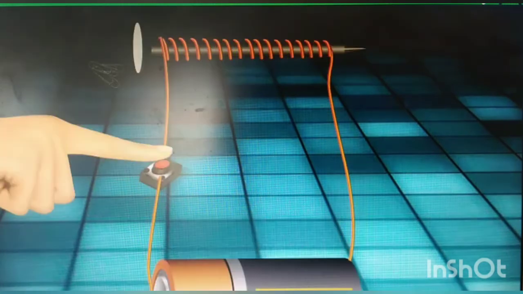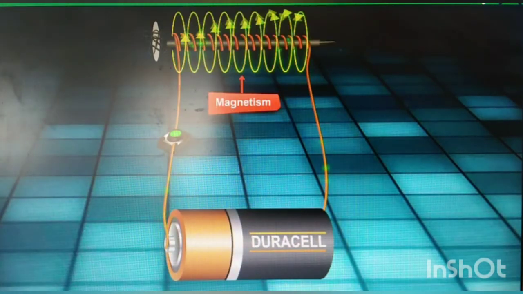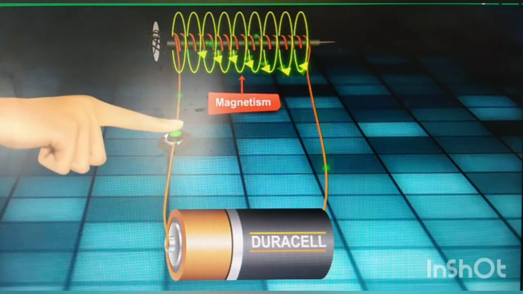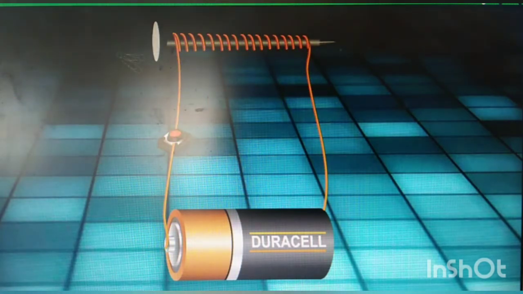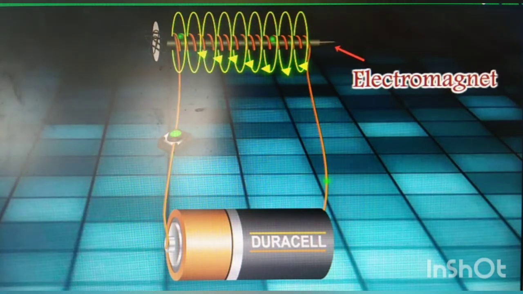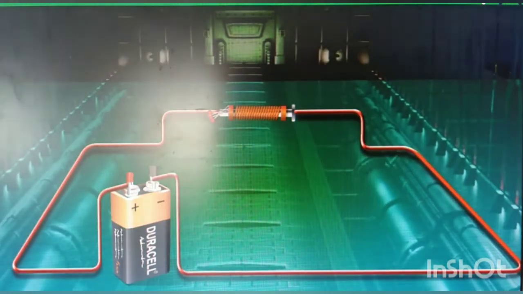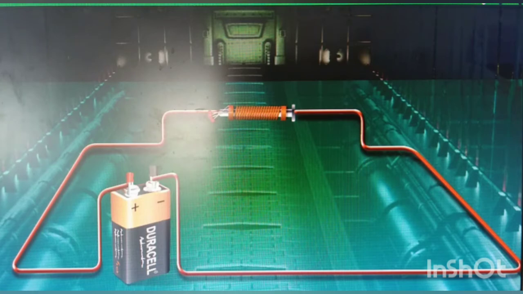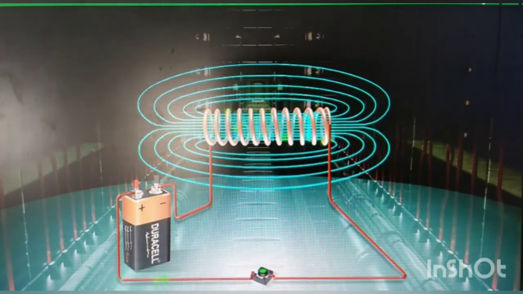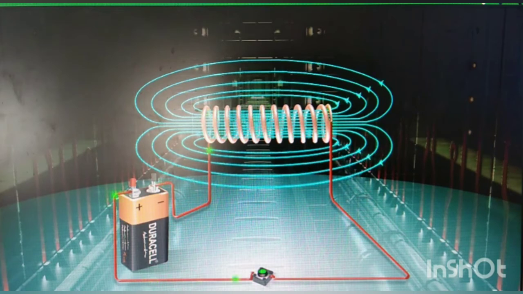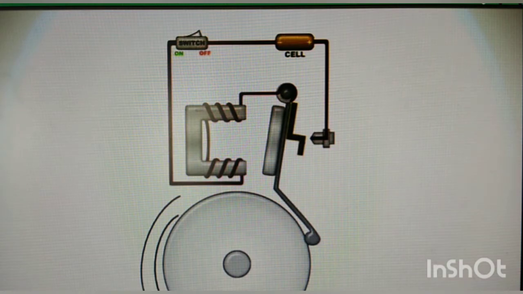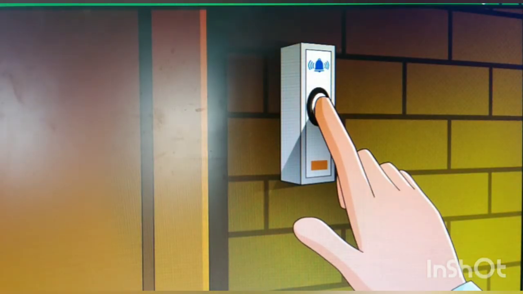So when the electric current flows in the wire, magnetism is produced in the coil around the screw and because of that the screw also attains magnetism. And as soon as the current is stopped, this magnetism vanishes. So the system of coil and the screw is called an electromagnet. You have seen various uses of the electromagnet in the 6th standard. And electromagnets are used to produce strong magnetic fields useful in scientific research. Let us understand the use of electromagnet in simple devices such as the electric bell.